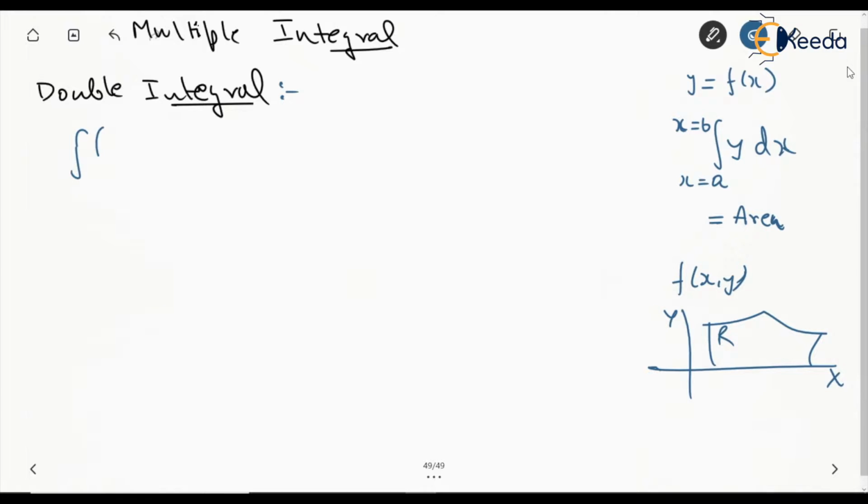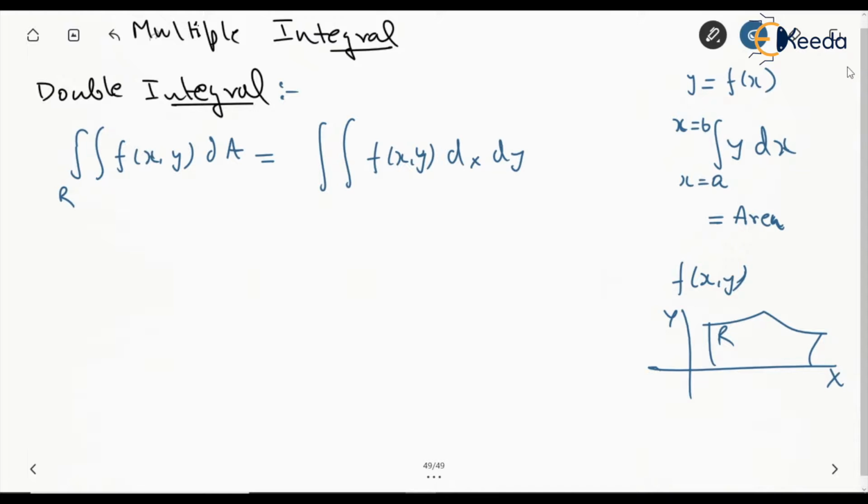It is generally given as, let's say, the double integral over R of f of x y dA. dA is the region R, and of course we will find the region or boundaries for x and y, and then we can integrate it for dx dy.